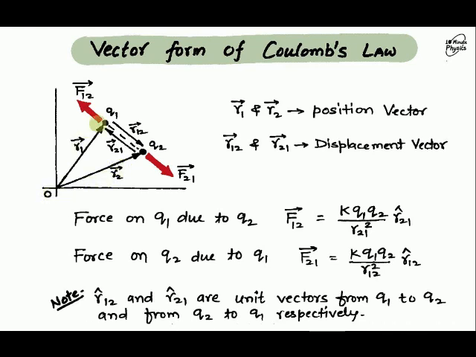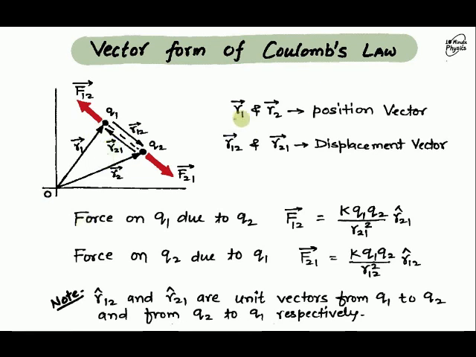For that we have considered here two charges, charge q1 which is at a position vector r1 from the origin O, and charge q2 which is at a position vector r2 from origin O. Now these two charges are present in the xy plane and each charge exerts a force on the other charge. Charge q1 exerts a force on charge q2. You can see a red arrow mark. F21 represents the force exerted by charge q1 on q2.